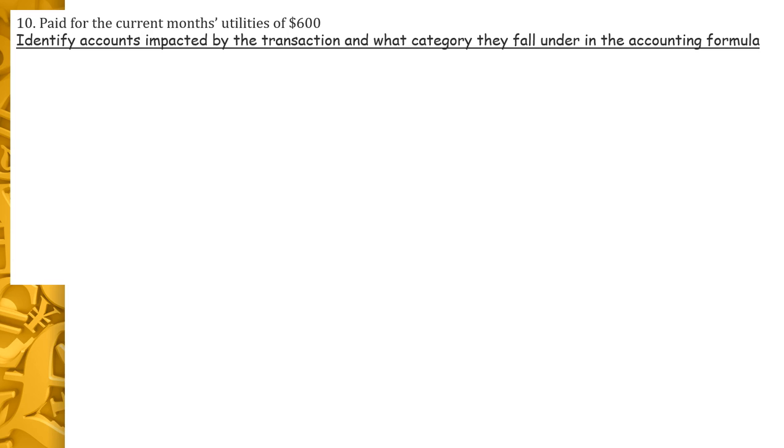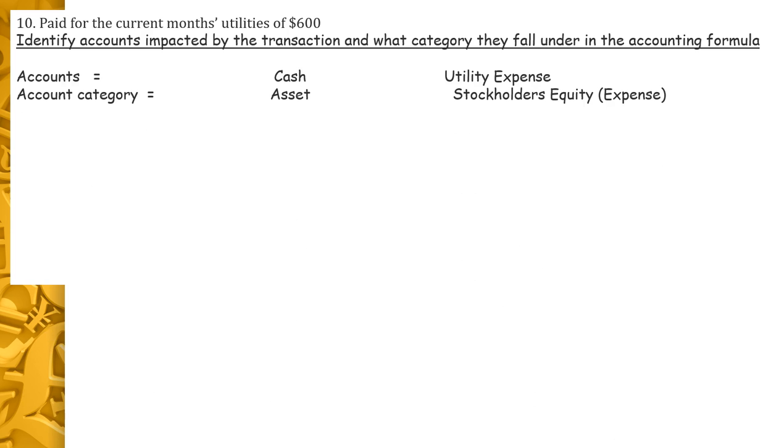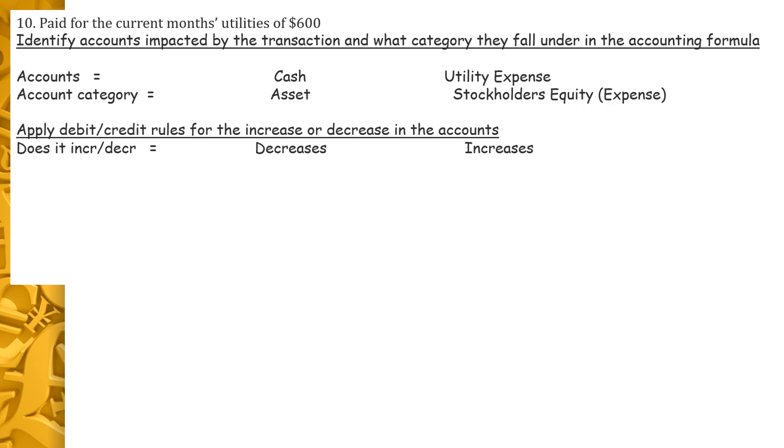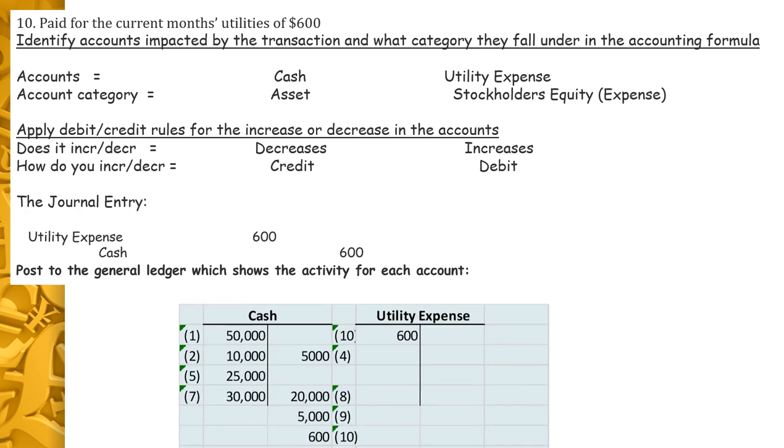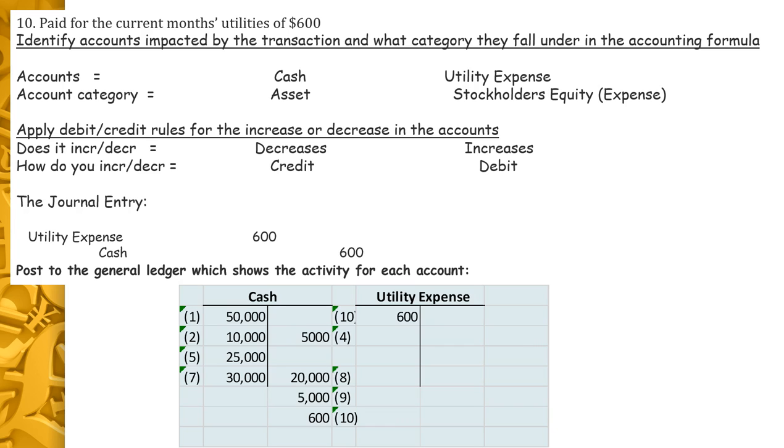Now we paid for the current month's utilities. Again, we're going to go through this process. And remember, expenses increase with a debit. Now you see all of our cash activity there. And then our last entry,